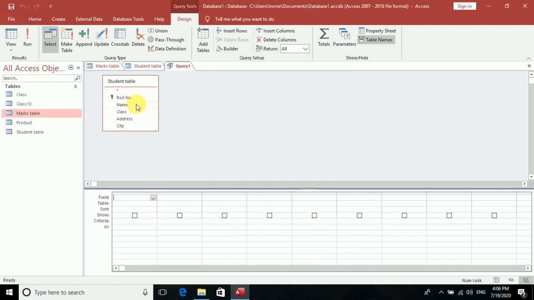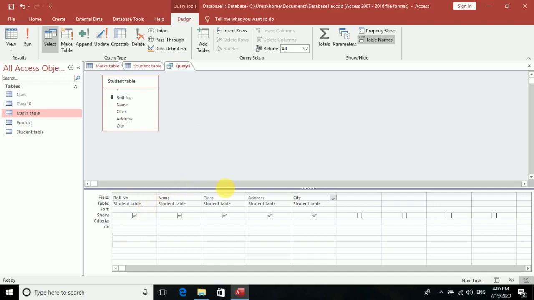Here there are many ways. You can go with the drag and drop method. Next, you can make a double click. And the third way is that here only you will have the option of it. You can see here I can select it. If I want to go with all together, I can select all the things together and move it over here. I've already done it, so I will not do that.